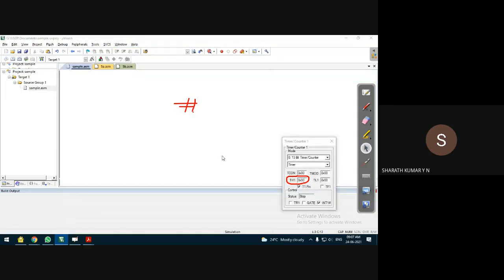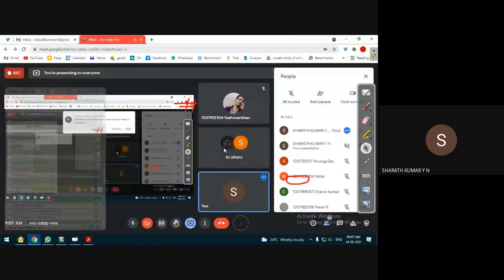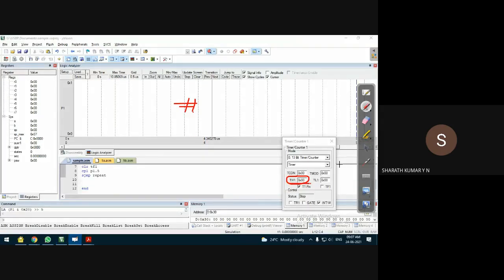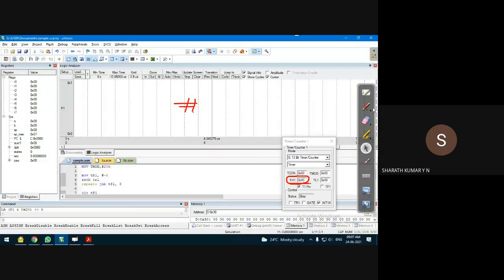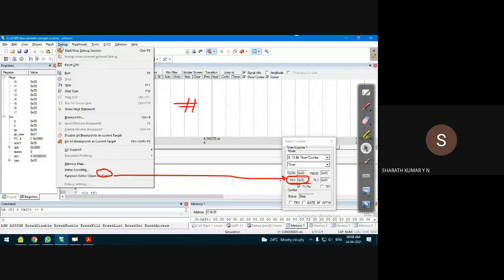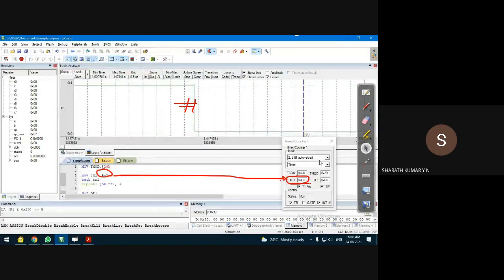So in this case, you can check the TH1 value. We have specified it as minus 5, the number of clock pulses to be counted as minus 5. So this will straight away take the 2's complement of the hexadecimal value, the 2's complement in hexadecimal format. It's taking it as such, no problem. So that is the initial value.